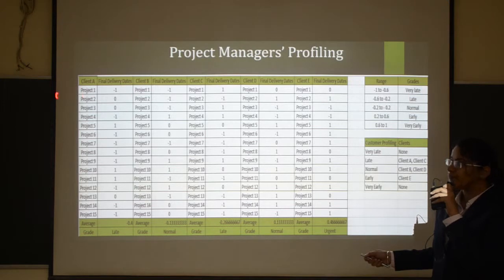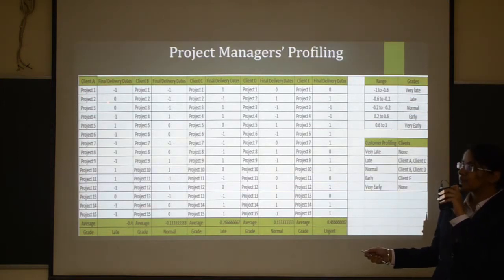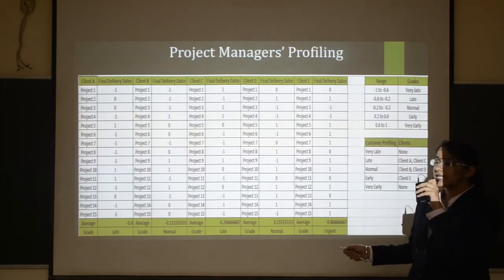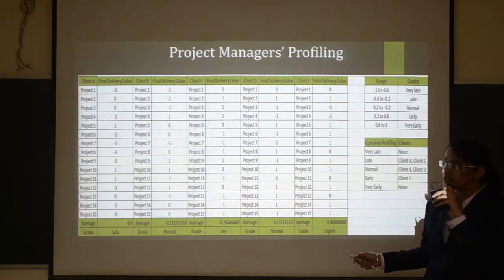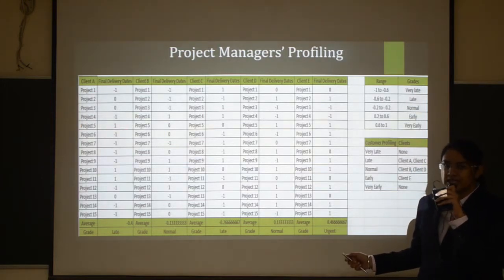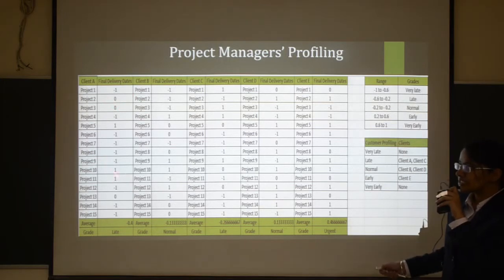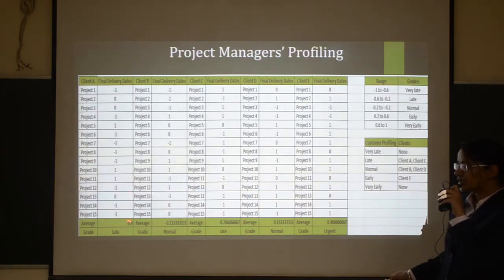For project 1, the client A picked up the project later than the expected delivery date. For projects 2 and 3, the client picked up the projects at the scheduled delivery date. For project 4 again, the client picked it up later than the expected delivery date. And for project 5, he picked it up before the expected delivery date. Using this data, that is the past data, we calculate the average statuses of the previous projects and we repeat the process for each of the clients.